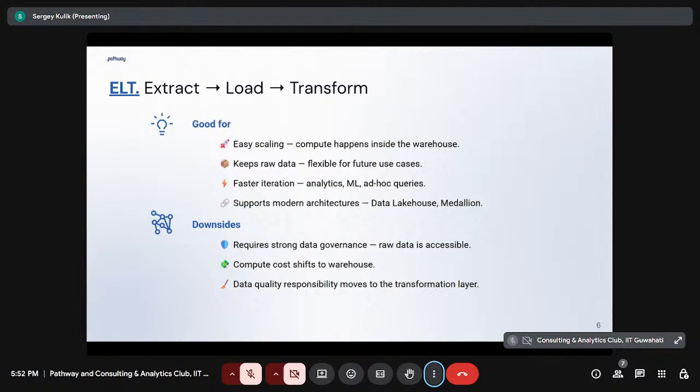Usually it's not a problem. Usually it's much easier to scale the warehouse rather than the job that just extracts the data. So it's better to decouple. But if it's a problem in your case, if, for example, you have much more resources on the extraction pipeline than on the warehouse, then probably you can have a look at ETL. However, this case would be rather exotic.